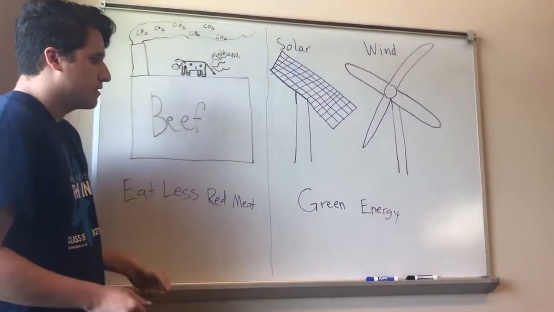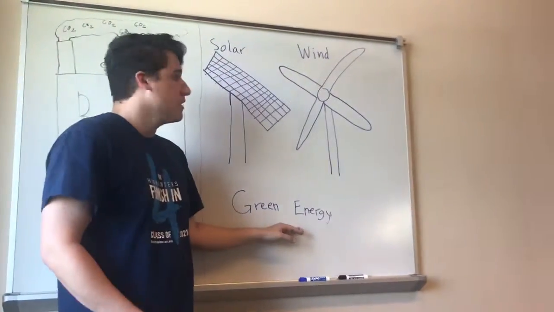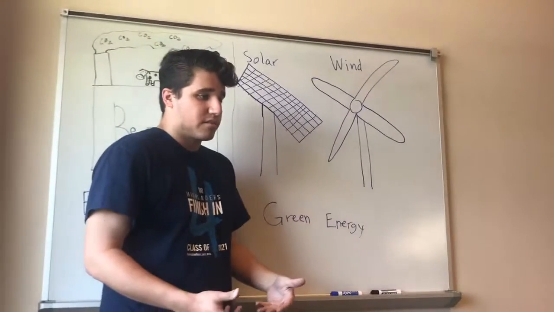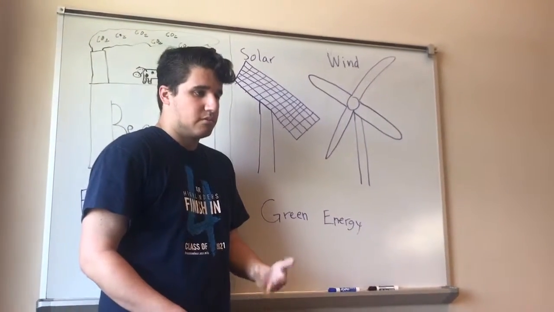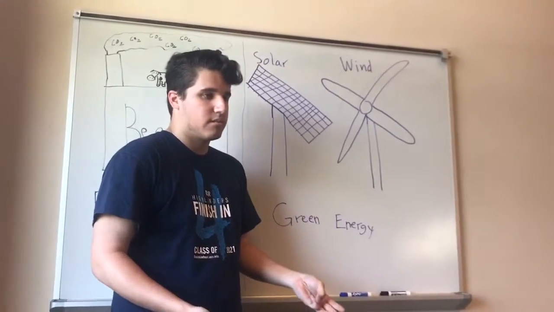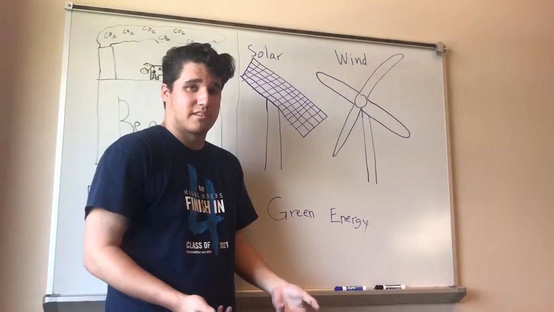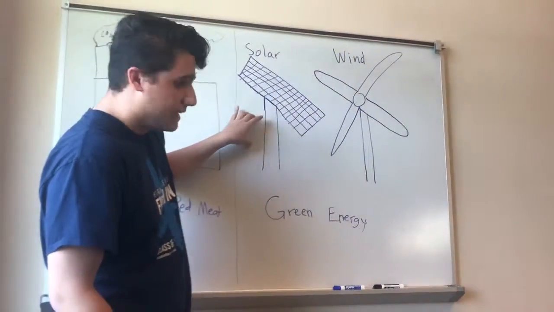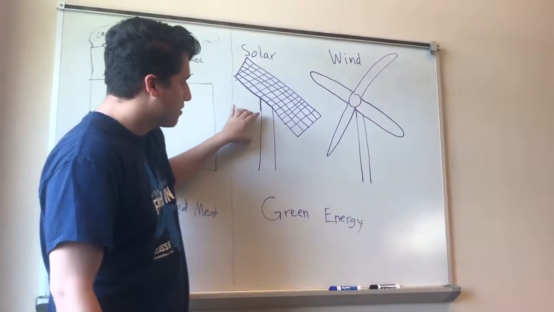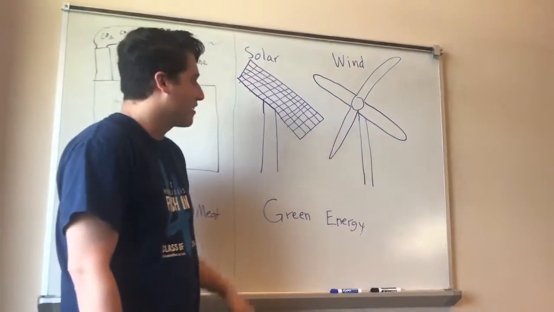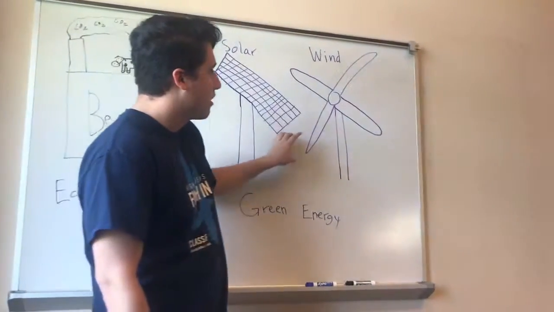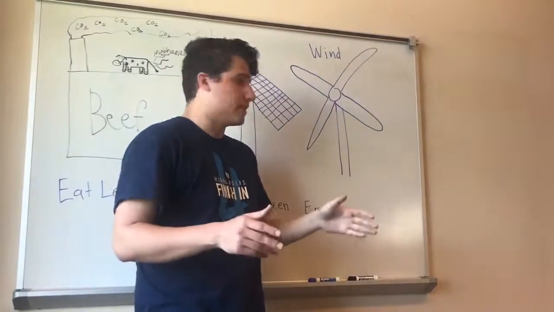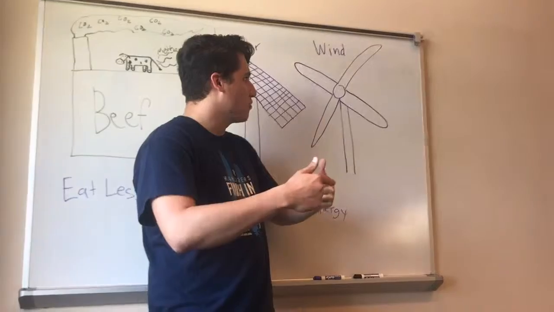Other than that, we need to go towards green energy. Right now the energy we use is non-renewable: oil, coal, and natural gas, which are going to run out, and they are also producing large amounts of CO2 into the air. So what we need is clean, renewable energy, which is solar, which you may know from our school campus on parking lot 30, or wind. We already do implement wind, but we need to go bigger. The bigger the windmill, the more renewable energy we'll